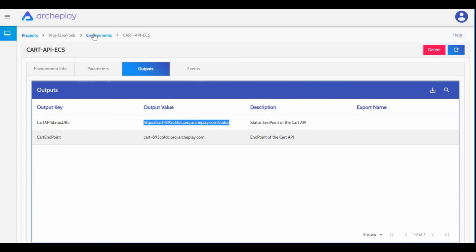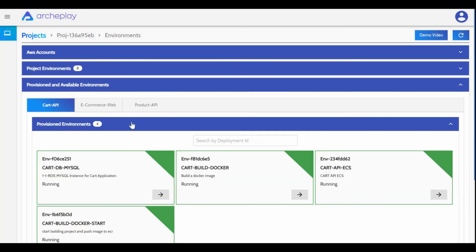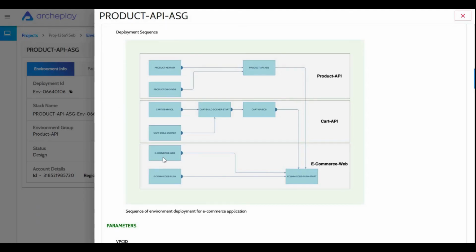Just a few steps away from seeing the whole application. Now let's deploy the e-commerce web. E-commerce web has 3 environments. We have to follow the sequence of the environments in this diagram due to the dependency of one environment on the other. First, e-commerce web, an environment which will deploy S3 bucket policy, CloudFront distribution and Route 53 entry. Second, e-commerce code push will deploy an AWS CodeBuild project to perform the code push to S3. Third,